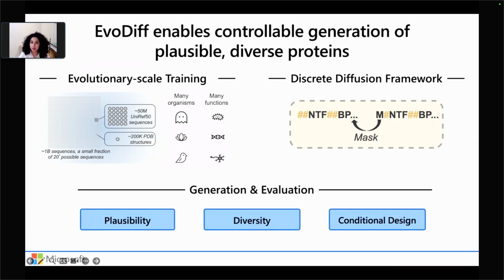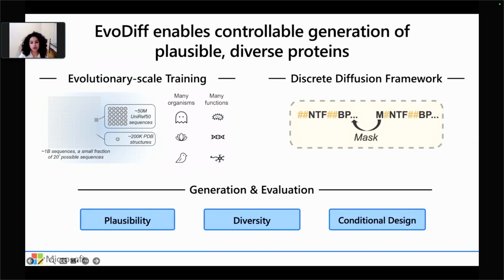The first being the plausibility, the quality of individual generated sequences in terms of their likely structural stability and likely biological plausibility. The second being diversity: how different are the generations that we're producing, and how well do they cover the distribution of natural protein functions and structures that we know to exist in nature.